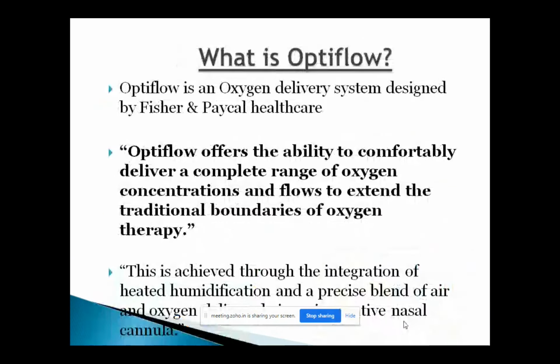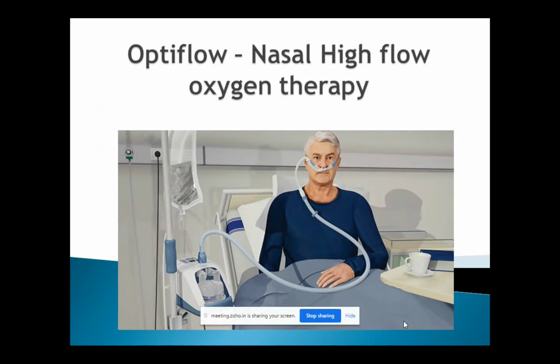If you go back to the previous picture, you can see the device. The bag of water goes into the chamber. That's what the humidification is. The chamber heats because you've got a heated plate on it, and that's where the air is heated and humidified. Then it comes to the patient by the big tube, and it goes into the patient via the nasal cannula.